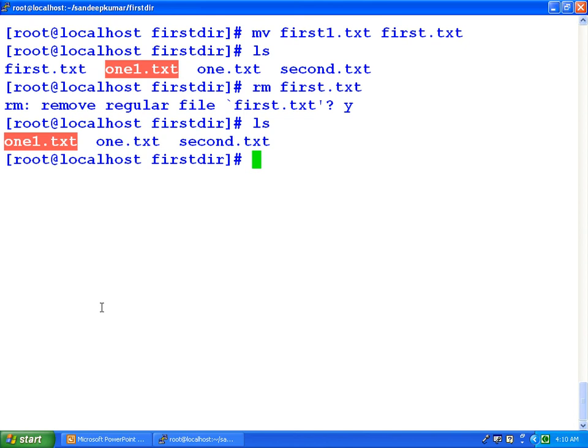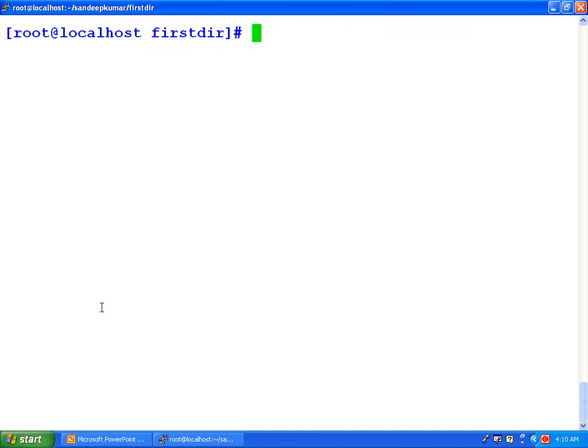Now we will see the other command, that is the slocate command. If we want to clear the screen, then we can use the command clear and we have to press enter. Now the screen has been cleared. Let us see about the command slocate. So slocate is used to locate a file from any directory.